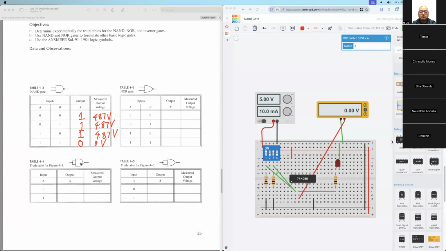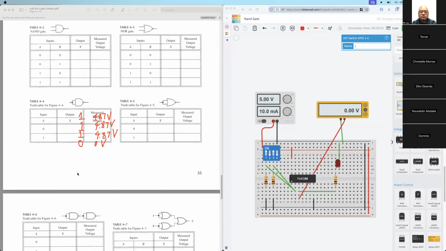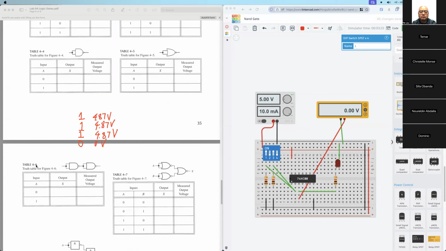This is the NAND gates, just combine these two inputs. This means you need to connect pin 1 and pin 2, right? Then it just has the two statuses, 0 or 1. Then get the output. Then go to table 4-6. This uses the NAND gates in this chip. The same, you had better